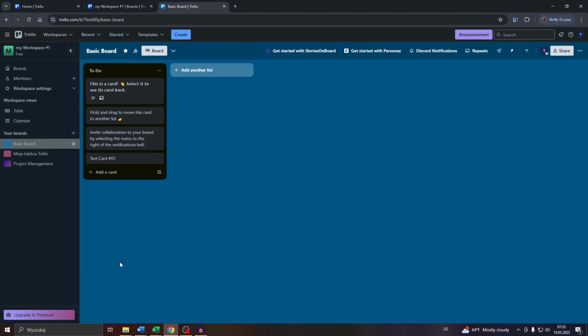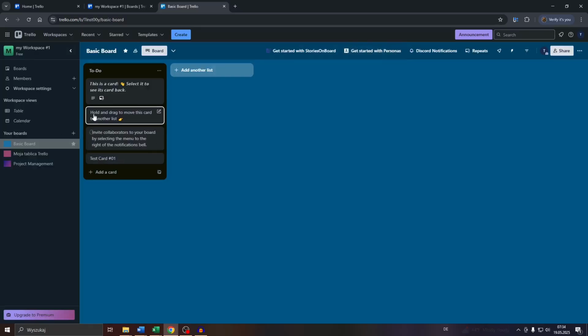So what you want to do in the first step is select your workspace here in Trello. So let me go with that one here for the sake of this tutorial. And let me head over to one of these boards here. So let's say, for example, for that one here, and here to the right, you will see your to-do lists and associated cards below. So what you want to do is select the card, like for example that one here,